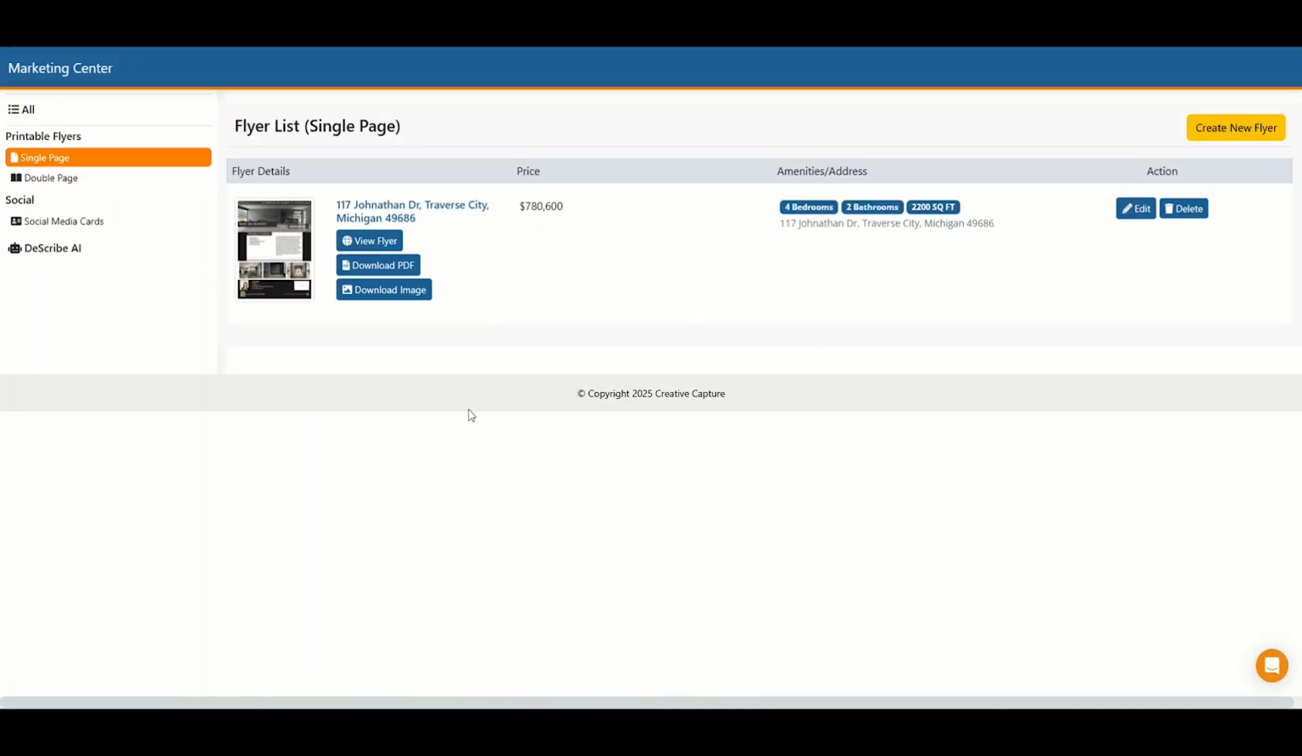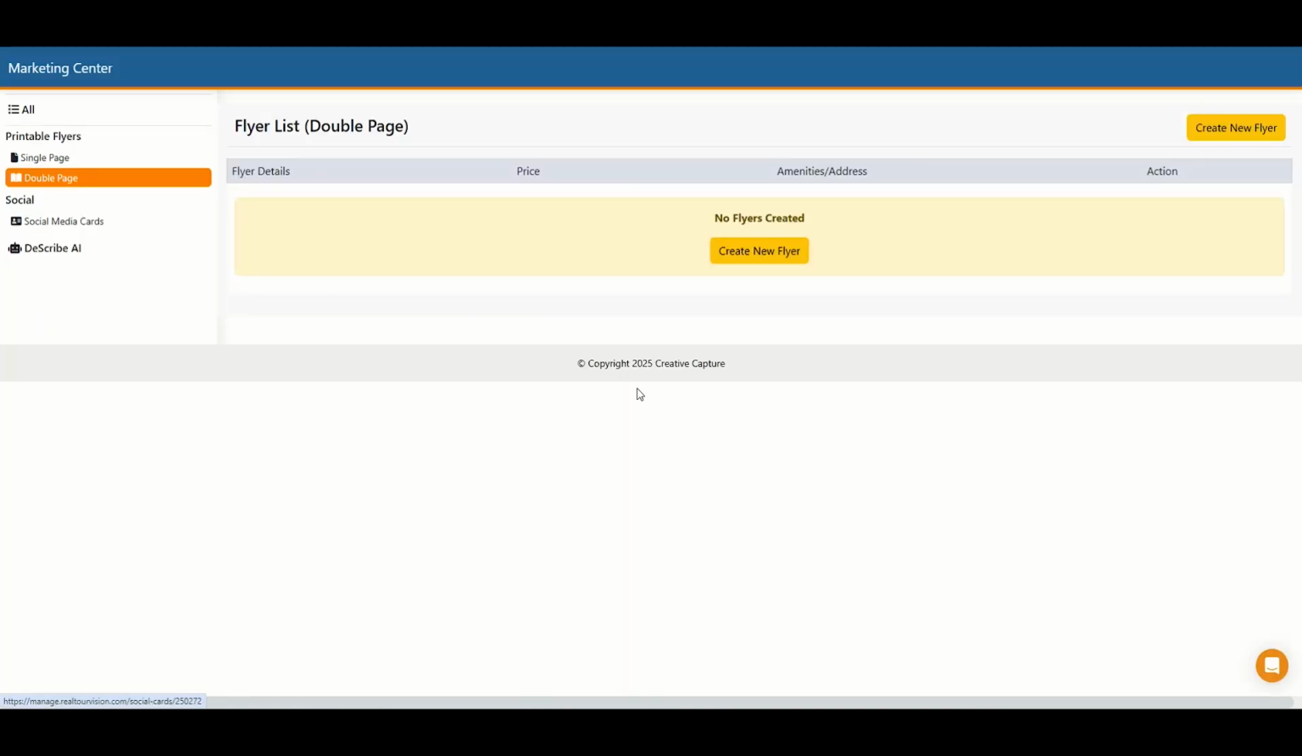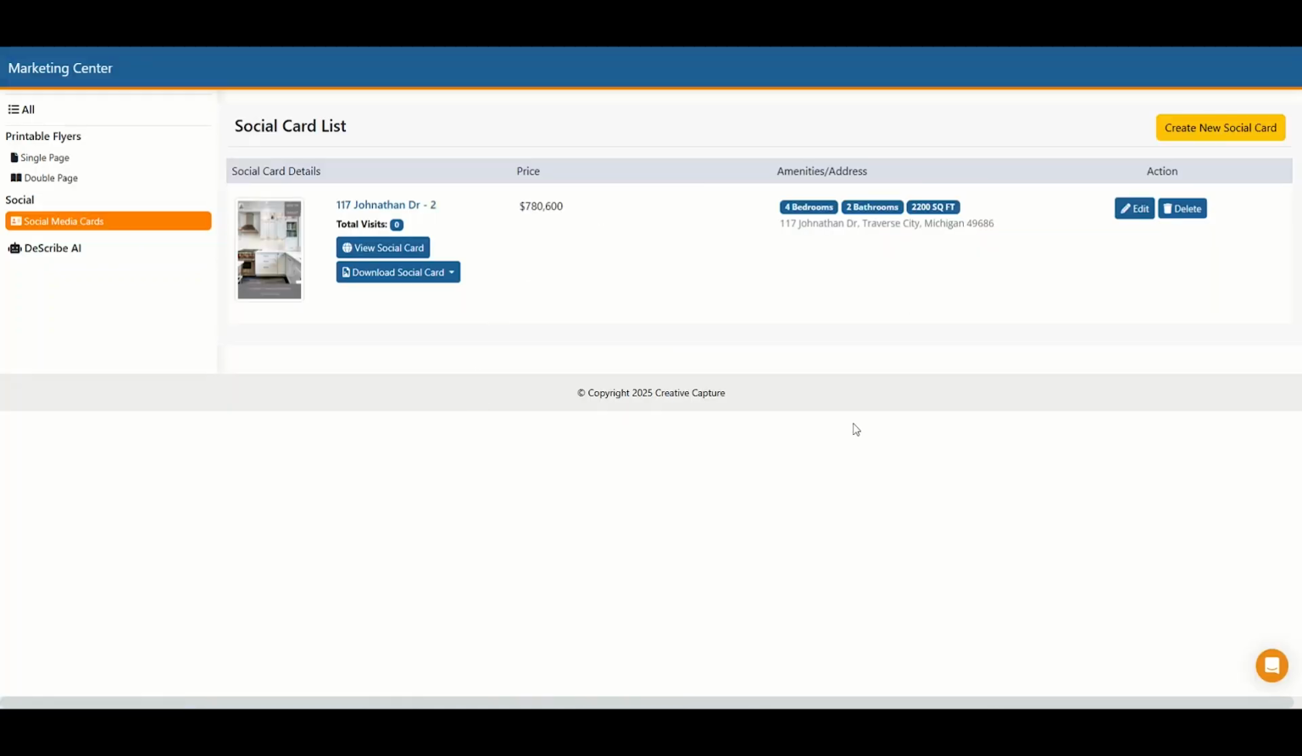This will show all your single page flyers that you've created. Clicking double page will show all your double page flyers that you've created. And social media cards will show all the social media cards that you've created. And in each area, you can create a new social card or of the like, depending on which one you are in. Now, if we go back up to all